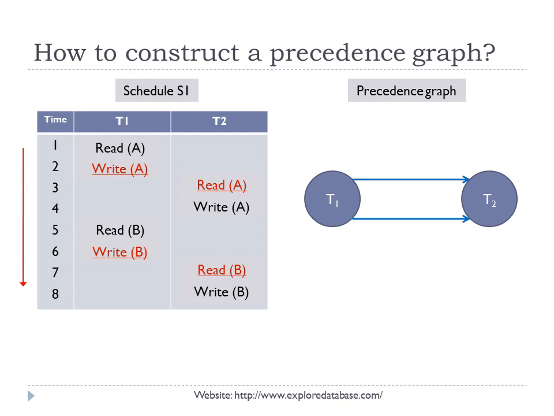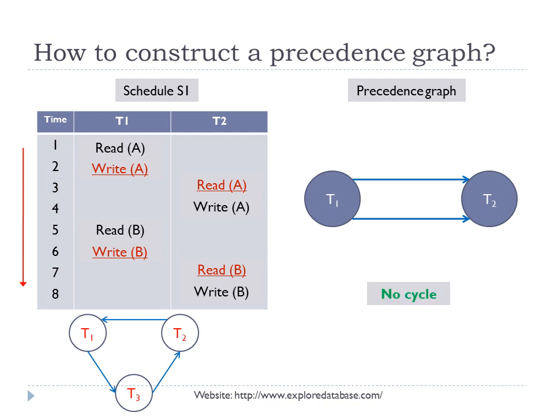Next question, how do we decide whether the given schedule S1 is conflict serializable or not? We say that a concurrent schedule is conflict serializable if it does not have any cycle. For example, you see the graph here in the bottom. We have T1, T2 and T3. There is an edge from T2 to T1, T1 to T3 and T3 to T2. This formed a cycle. Hence the schedule belonging to this particular graph is not conflict serializable.